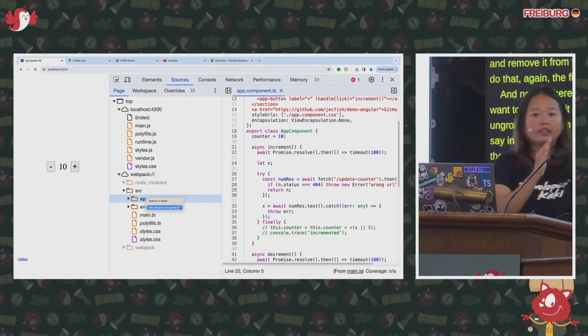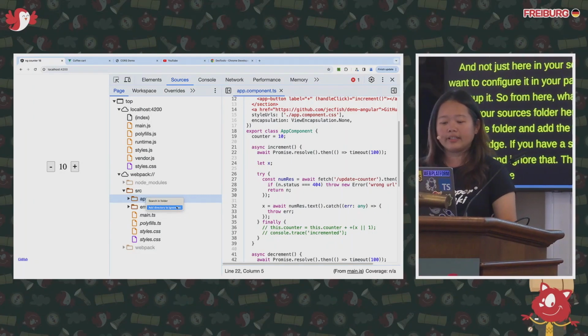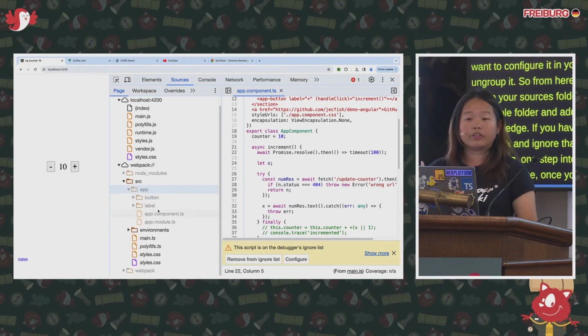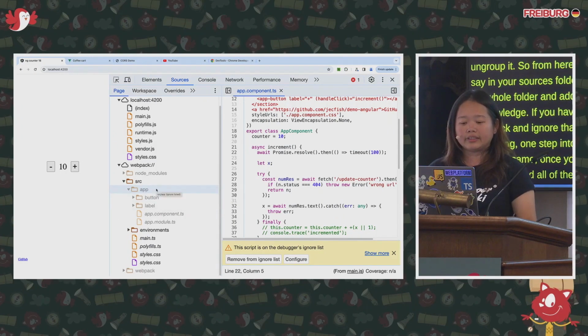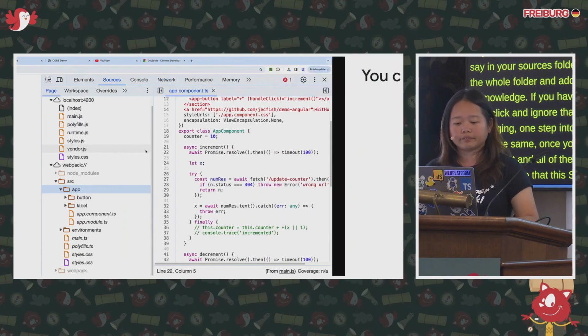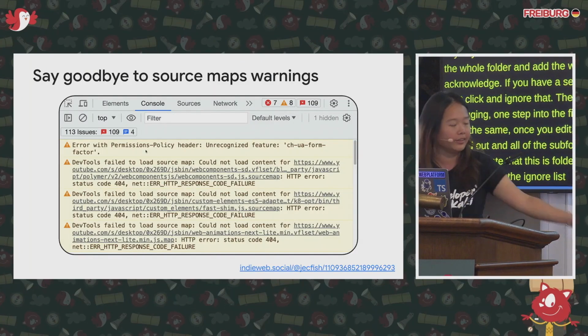Then during debugging, we won't step into the file as well. Once you add it, the files and all the subfolders will be grayed out to indicate that this is an ignored folder. And if you right-click, you can remove it from the ignore list. OK? Cool. So this is how you can configure it manually.